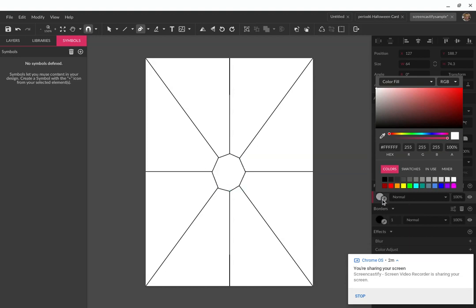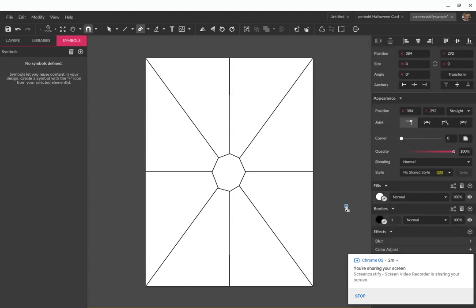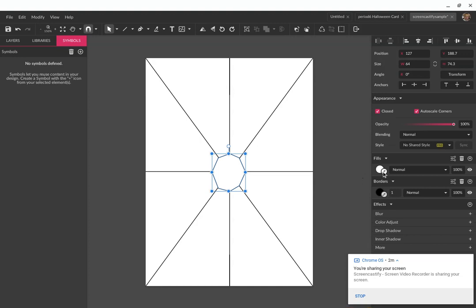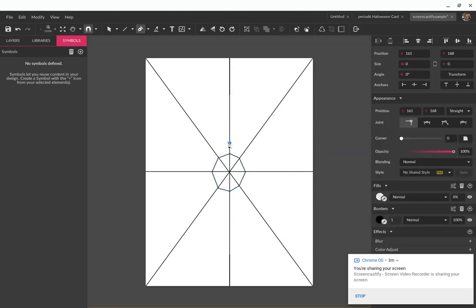So the easy way to get rid of that is to go back to your selection tool, click the eyedropper, and go off to the side of the canvas. And what that'll do is select it again. And there we will see that we got rid of the fill. So now I want to go to the selection tool, back to the path tool. And there we go. We're going to do a whole another